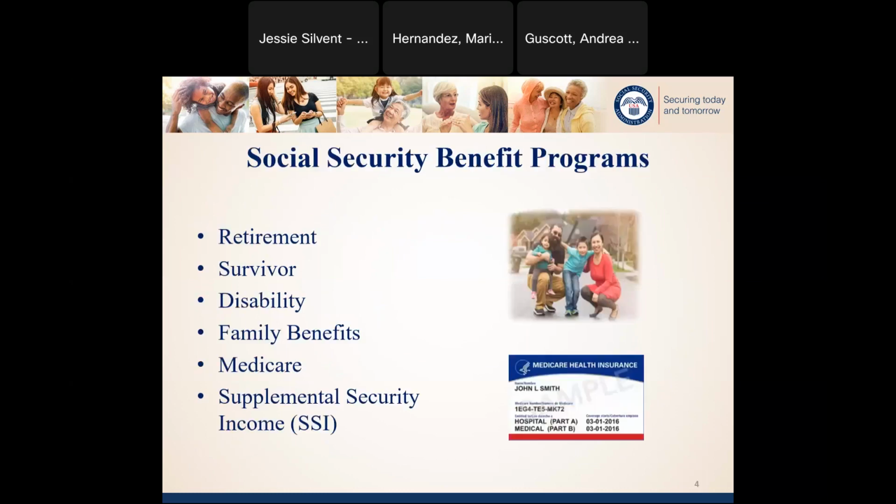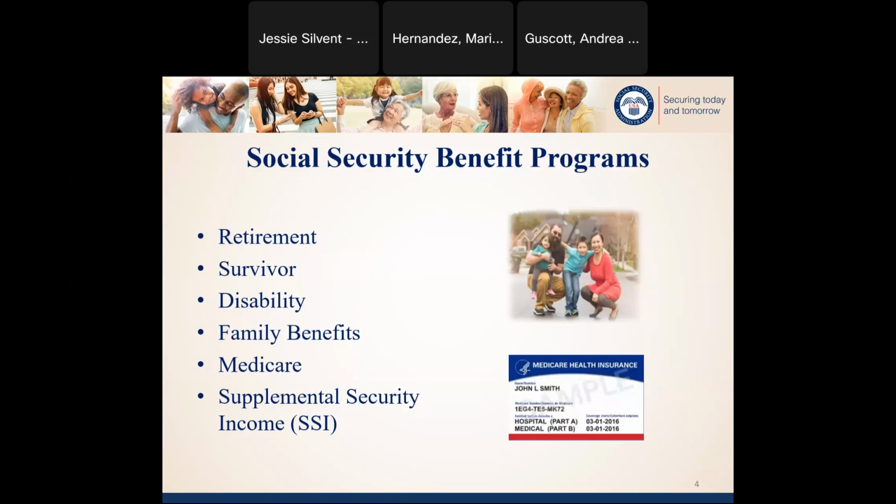So before I jump into the specifics of overpayments and underpayments, I would like to first provide a general overview of Social Security benefit programs for anyone on today's call who may not be familiar with the types of payments our beneficiaries receive. We have four main programs that are funded by the Retirement Survivor and Disability Insurance Trust Fund. So the first is retirement. That's a monthly benefit payable to individuals who are a minimum age of 62 and have enough quarters paid into Social Security to be insured. Secondly, we pay survivor benefits to people who have been predeceased by a spouse or a minor child who had a parent who worked enough in their lifetime to qualify for benefits.